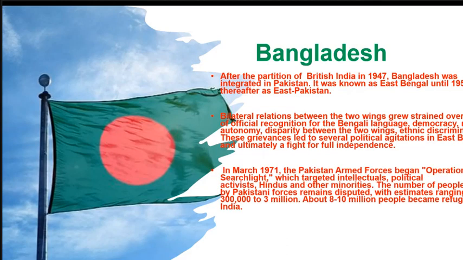So in 1971 there was a massive operation that went across Pakistan, targeting intellectuals, political activists and other minorities, and because of these uprisings, a lot of people died. Again, I think these figures of about 3 million dying and 8 to 10 million becoming refugees in India is conservative. And I know it feels like I'm saying this word million like I'm just throwing it about, but